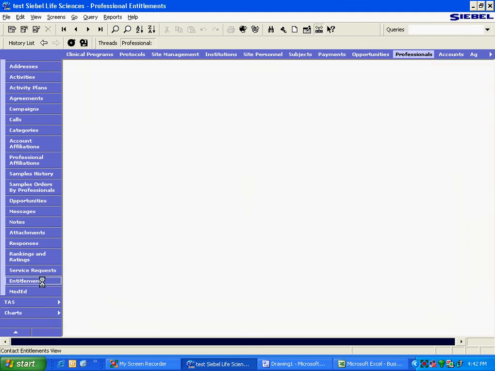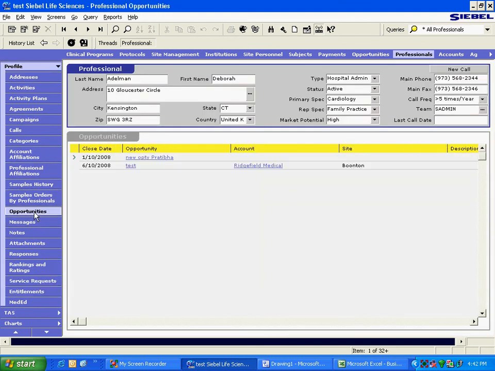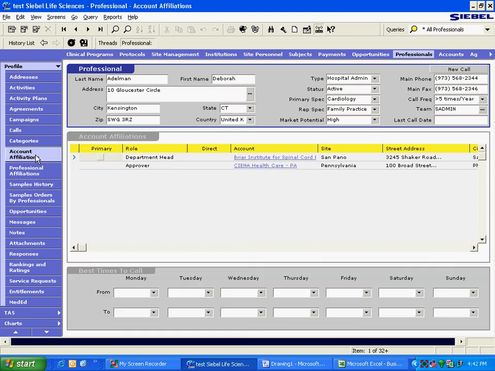He can look at the entitlements, all the service requests, all the opportunities, current opportunities with that person, all the account affiliations. In that case, all these are provided in one single view. That means different applets have been made. And I'm sure you know how to do that, right? Subhash, do you know how to do that? It's kind of very easy, right? Just in the view, you just drag and drop the applets.